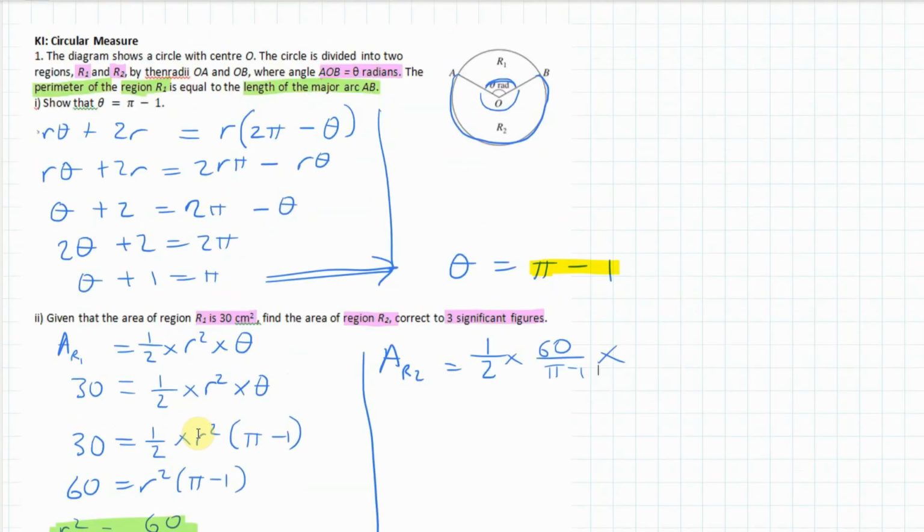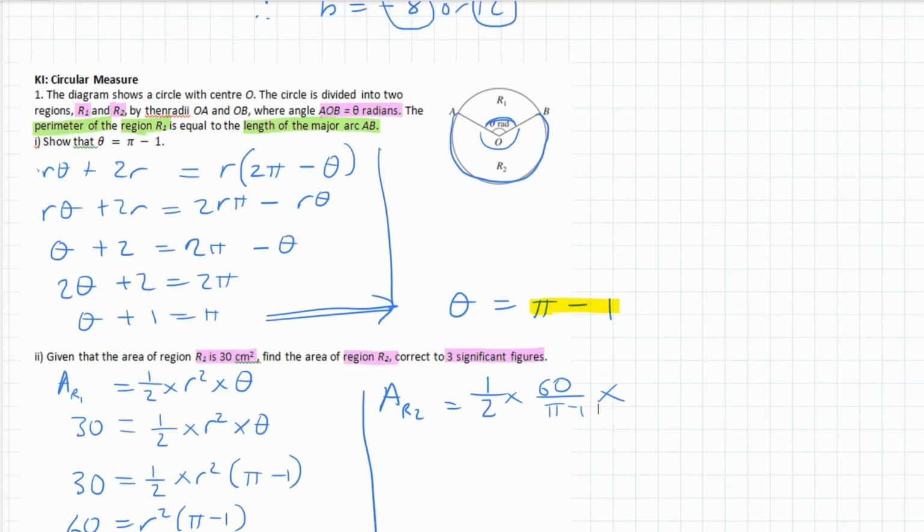Now, the angle in this case is actually 2 pi minus theta. Okay, so the next line is going to be half times 60 over pi minus 1 times, now, remember what theta is? It's this, so 2 pi minus pi minus 1,